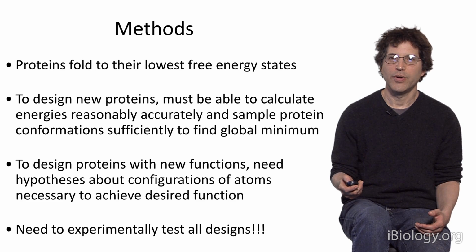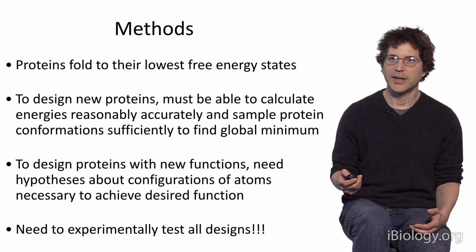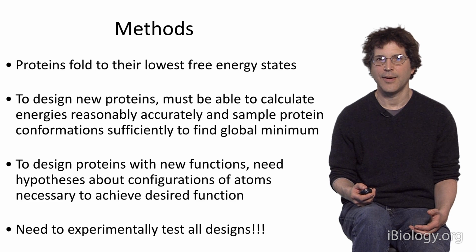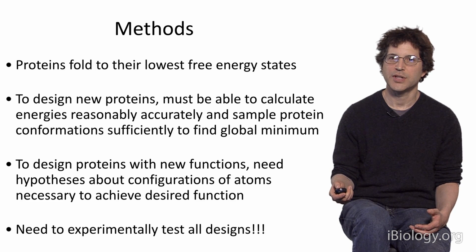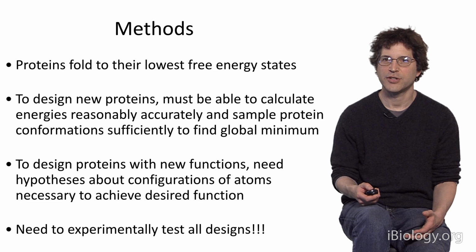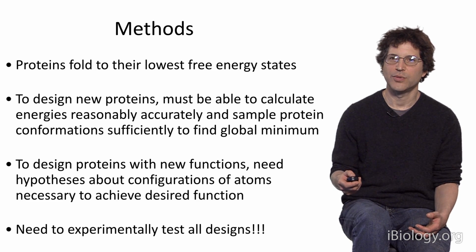The methods that are used in the calculations I'm going to tell you about today, I reviewed in part 1 of my iBio seminar, but I'll go over the basic ideas quickly again now. The basic principle is that proteins fold to their lowest energy states. And so if we want to design new proteins that fold up into new structures that carry out new functions, we have to be able to calculate energies reasonably accurately, and we have to be able to sample through the different possible protein conformations to find the lowest energy state. And over the years, my group, in collaboration with many groups around the world, has developed the Rosetta protein design software, protein structure modeling software, to carry out these